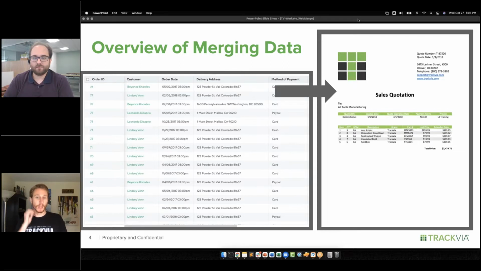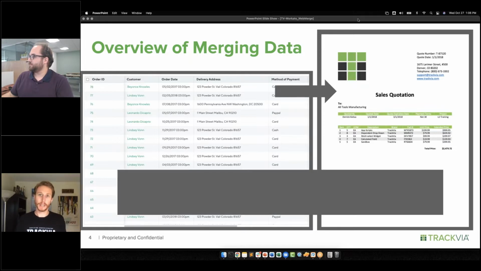Okay, as an example, you see the sales quote here that I have up on the screen. Maybe you want to print out a sales quote. There's a couple of options for how to get data into a PDF or a Word doc, and we'll go through some of those here in a second. But first, let's talk about common use cases that we see our customers frequently merging data for. Okay, or reasons for merging data, I should say. That's a little bit more clear.